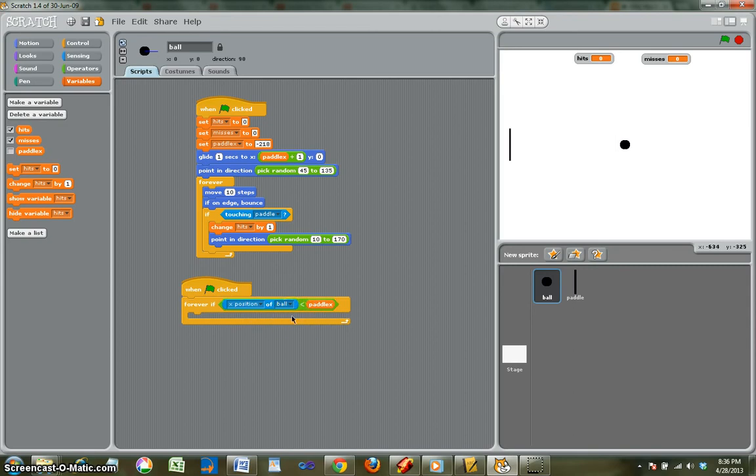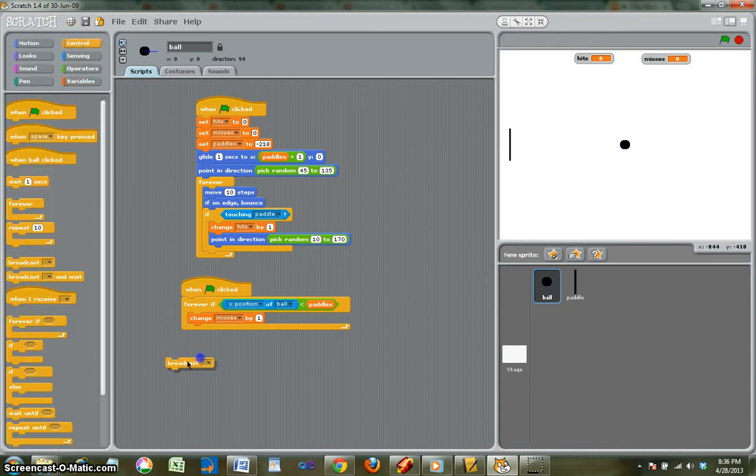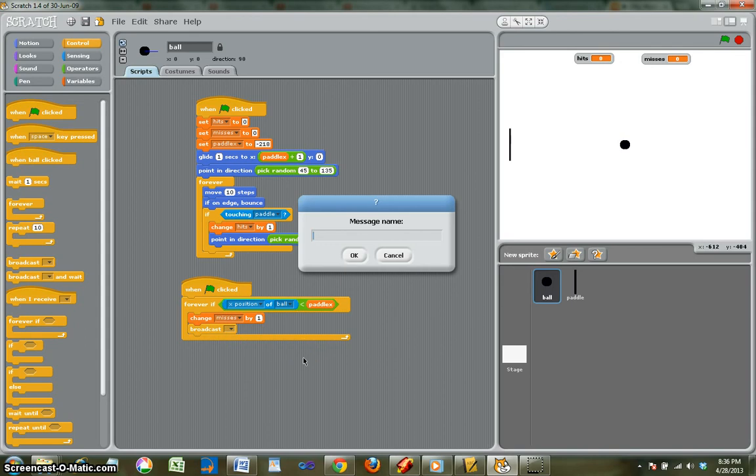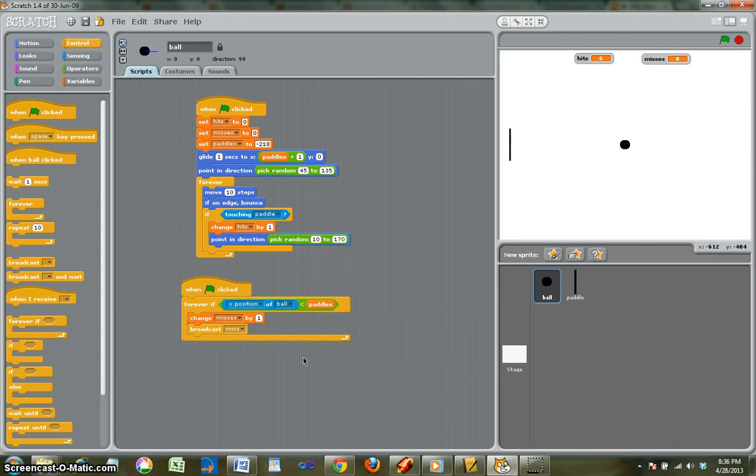And then we're going to say, if it does do that, we want to change our misses, not hits, misses, by 1, and we want to tell everybody we missed, because we're going to do something special with that. We're going to broadcast a statement called miss. We're going to broadcast a message to everybody in all the scripts that says the ball was missed,